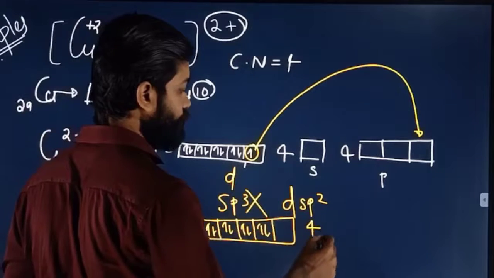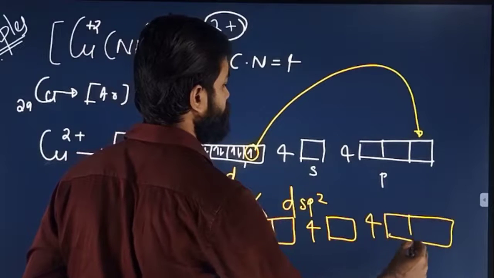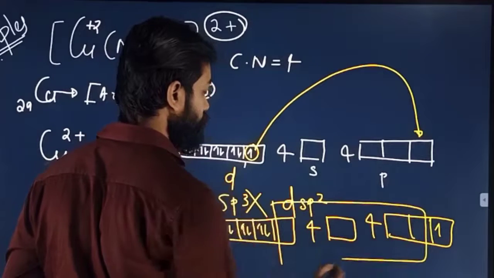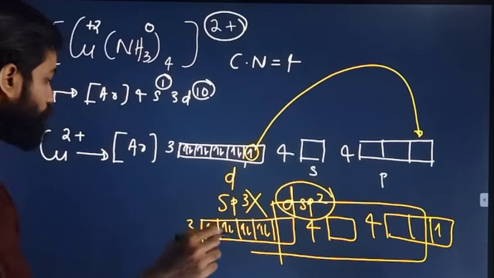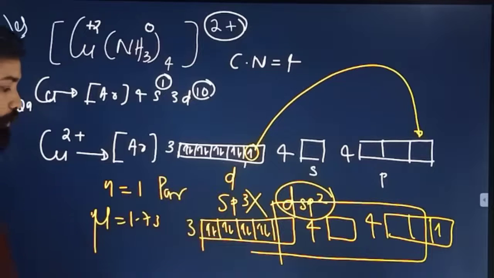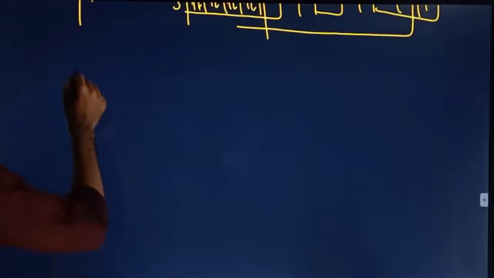So 3d, 4s, 4p. Okay, so this is the case, dsp2. So there is an unpaired electron, n equals 1, so paramagnetic with magnetic moment 1.73. It's a paramagnetic complex. Okay, so the next molecule, that is